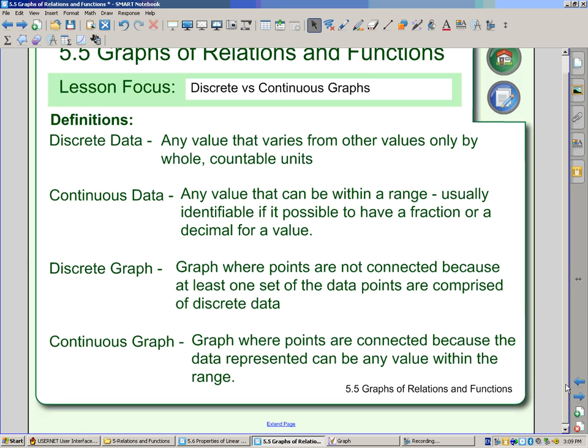I probably used a bad example, but like if it's the number of people coming in versus something else, and I'm counting it, I can't have half of a person. So that doesn't have meaning. That's a discrete graph. A continuous graph, my points are going to be connected because the data,